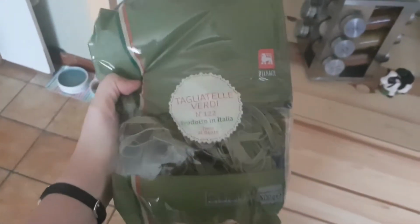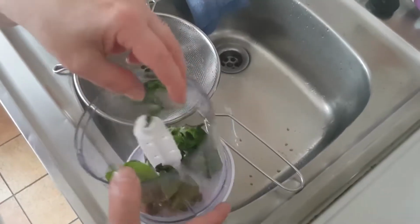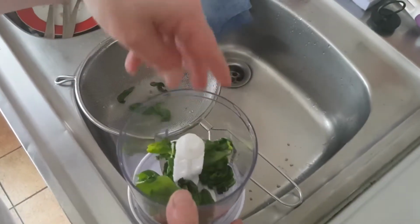For this recipe, I like to use tagliatelle pasta. I use the spinach ones. They're really, really good and really easy to make. You just follow the instructions on the packaging and then you're good. After you wash your basil, you want to put it in your mixer